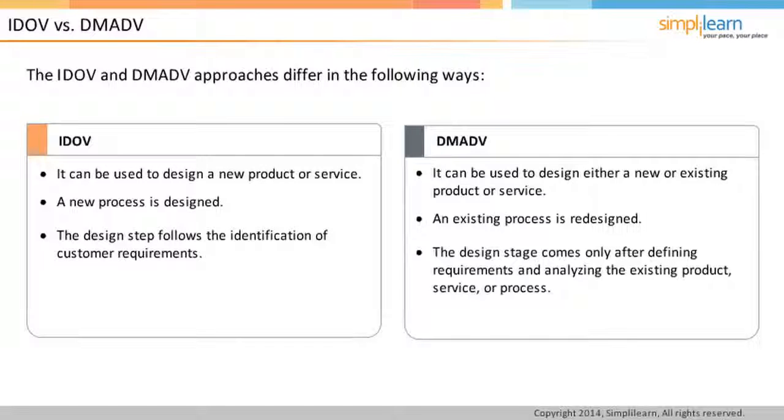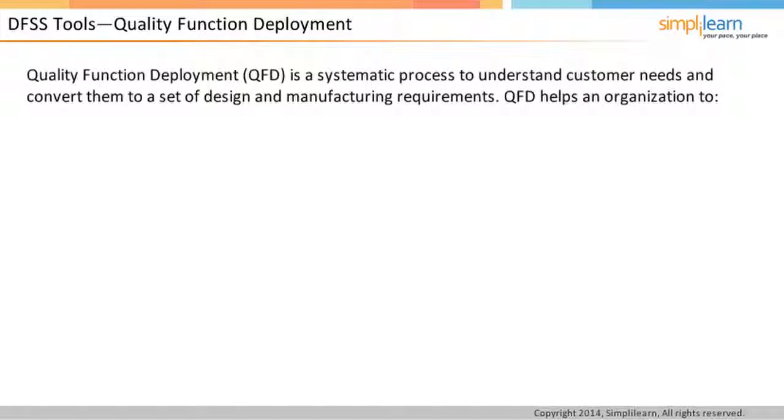In the following screen, we will learn about the tool Quality Function Deployment, or QFD, which is one of the DFSS tools. QFD, also called Voice of Customer, or VOC, or House of Quality, is a predefined method of identifying customer requirements. It is a systematic process to understand the needs of the customer and convert them into a set of design and manufacturing requirements. QFD motivates business to focus on its customers and design products that are competitive in lesser time